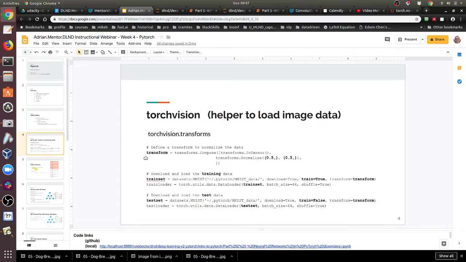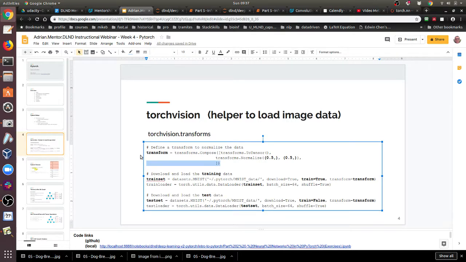Okay. The second thing that we need to talk about today is Torchvision. Torchvision is just another library to help you with loading the data sets for images. So here you have a functional way to compose functions which are called transforms, and then you apply this transform to the loader. So when you use Torchvision,